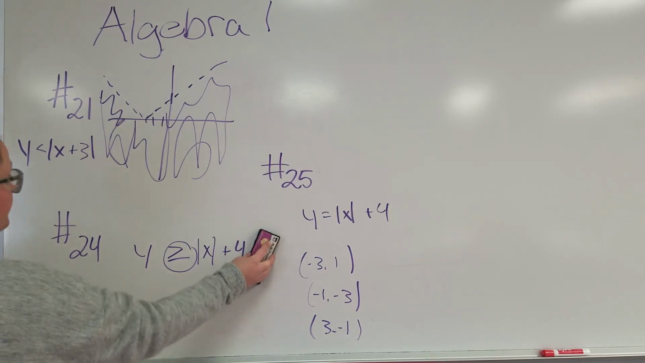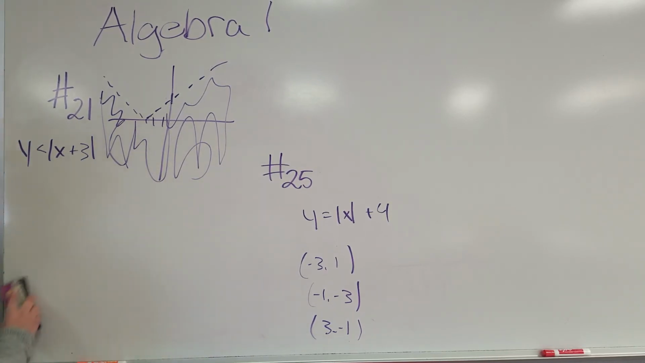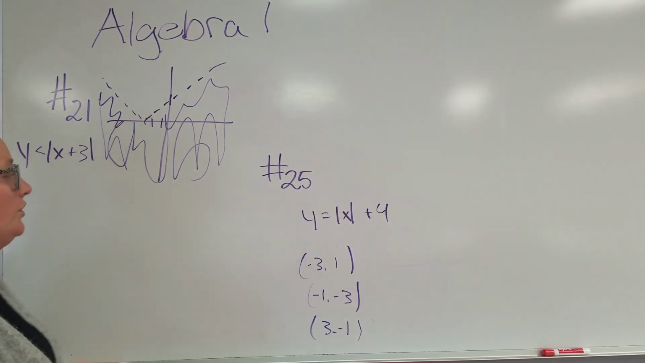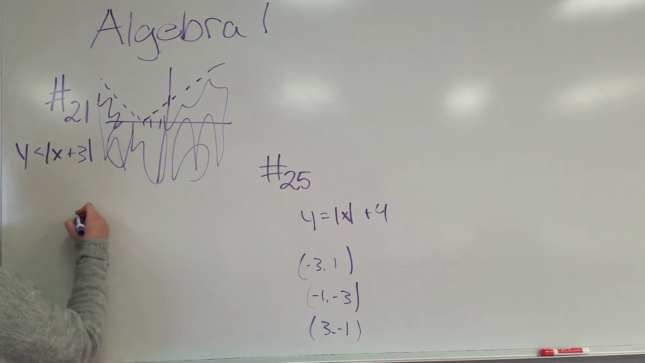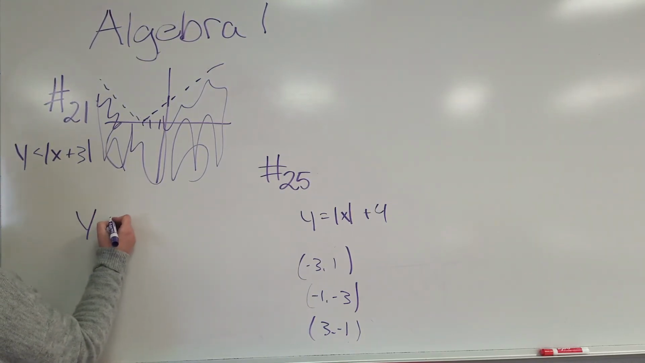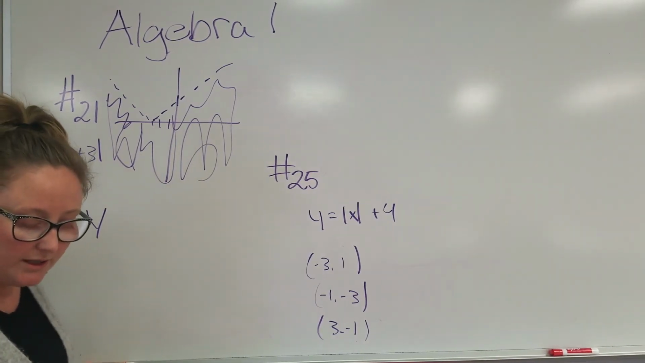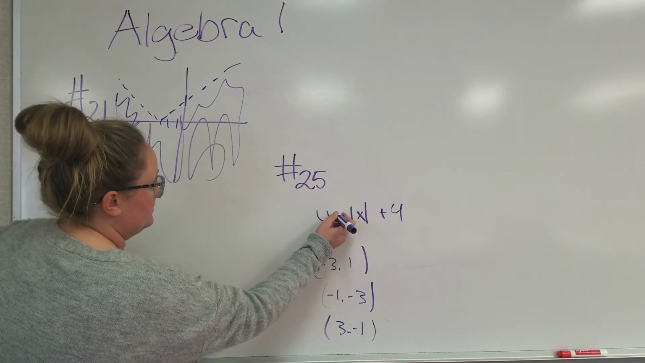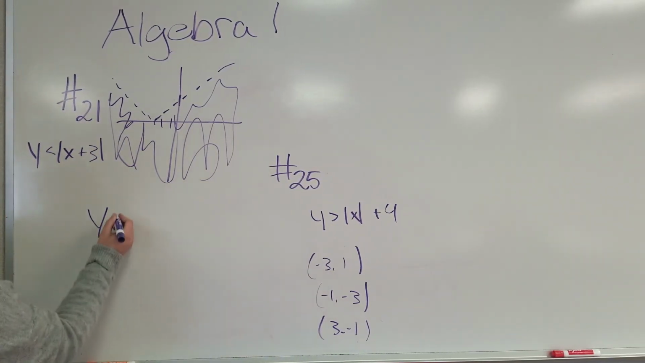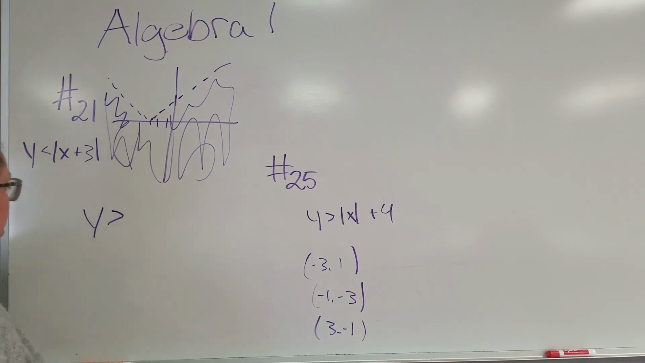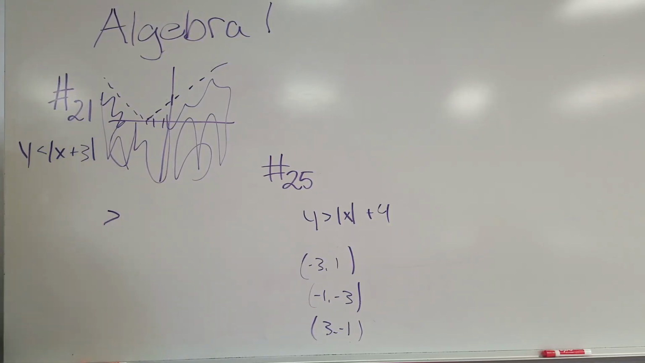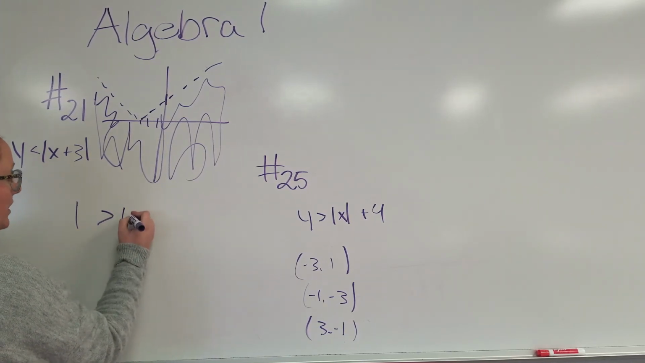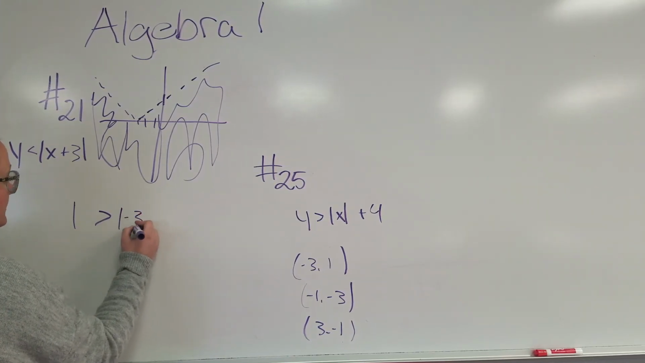All right, problem number 25, they give you an equation and they want you to say which point fits in this graph. So we just have to try them all. So y equals the absolute value of x. Our first point is negative 3, 1. So we're going to say this should be a greater than sign right here. And y is greater than, we're going to try the first point. So y is 1. 1 is greater than the absolute value of negative 3